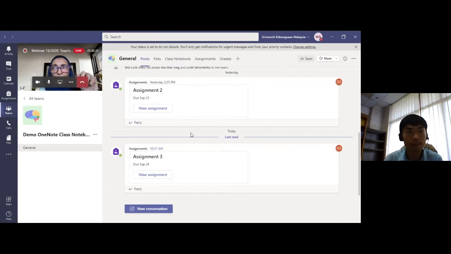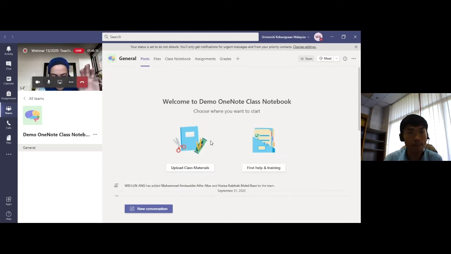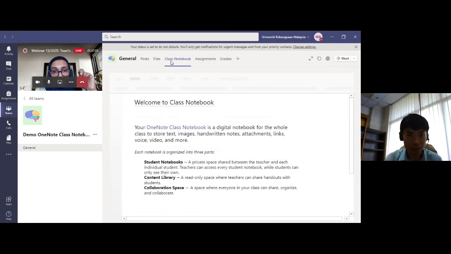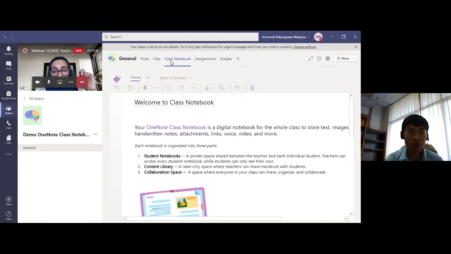So you're saying you set up your teaching and learning using OneNote for Windows 10, but it is synced into your Microsoft Teams. It should be the other way. The first step should be creating the course in Microsoft Teams, and then we open the class notebook. Once you have the course in Microsoft Teams, actually for all courses in Microsoft Teams, there will automatically be a class notebook for it.